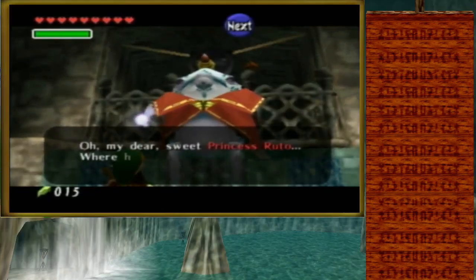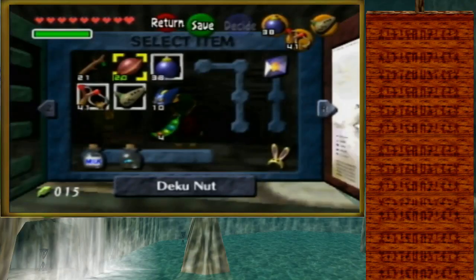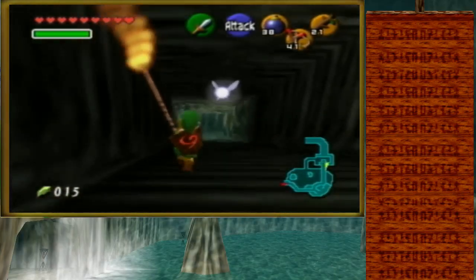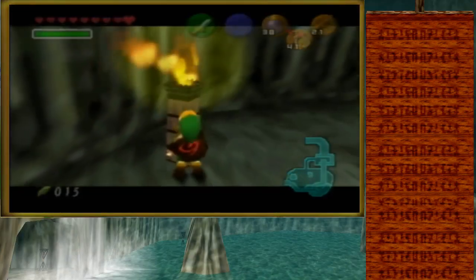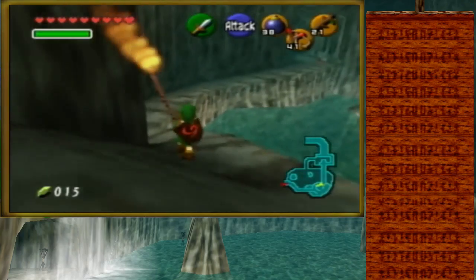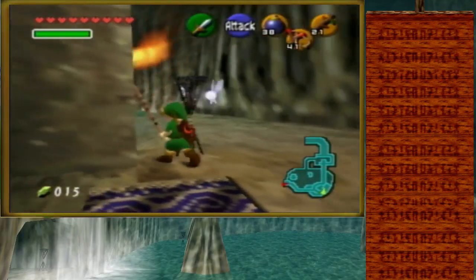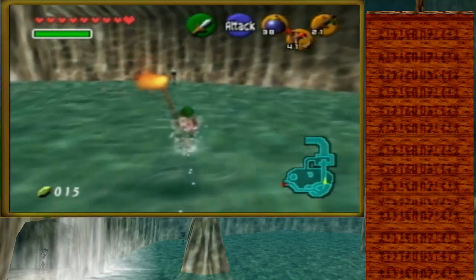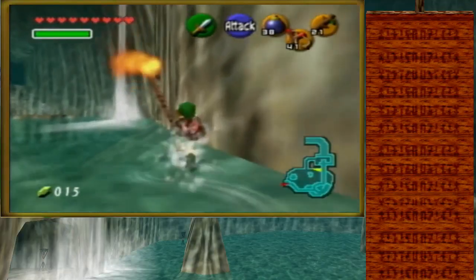Oh, my dear sweet Princess Ruto, where has she gone? I'm so worried. Alright, so he doesn't really say anything super meaningful. Them's the breaks. So if we head down here, we can light this torch and use it as our base for what we want to do next. So, we need to light this, then we run down here. Where is that torch? So you have to light all these torches very quickly. And if we sneak behind the waterfall...